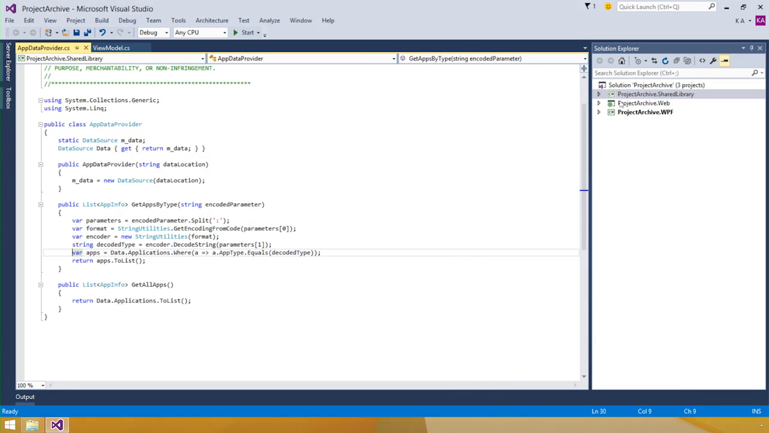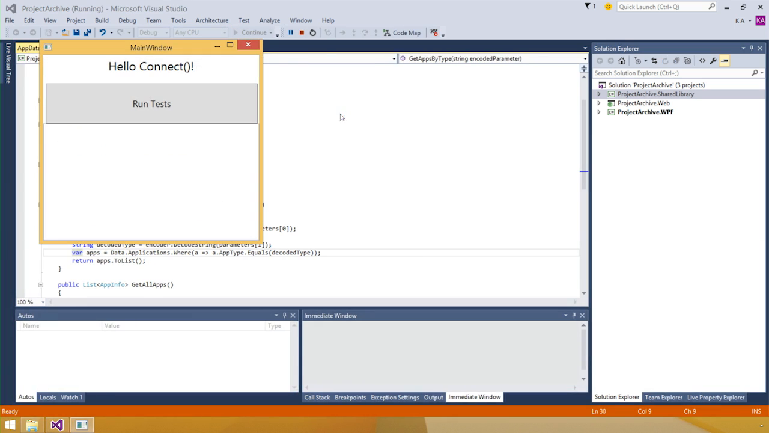In this demo, I have a shared library that's used between client and server code. I've written some tests that will test this for me before I continue developing my application. So I'm going to run the tests now. I see that my web test has passed, my mobile test has passed, but my desktop test has failed. So to debug this problem, I'm going to go into where this code is being called